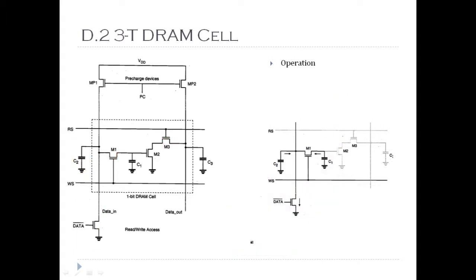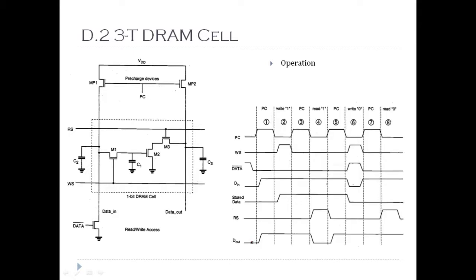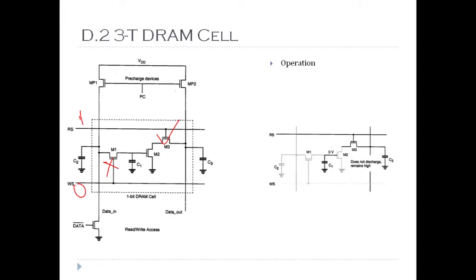So this is the write 0 operation. Then again the pre-charge cycle occurs, so the voltage of both the columns is brought back to their pre-charge value, that is 3.5. Then read 0. During read 0, this is 1 and this is 0, so this is off and this is on. So the circuit looks like this, because now C2 is carrying 0 volts, so this M2 is also off.